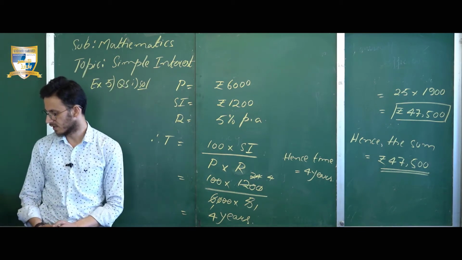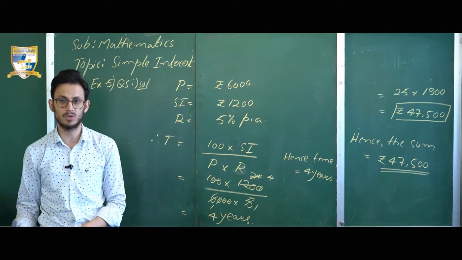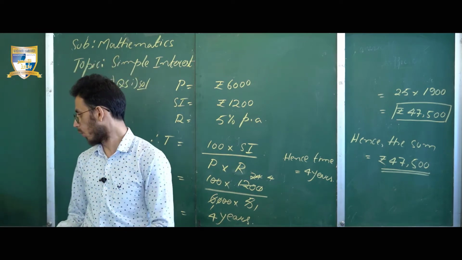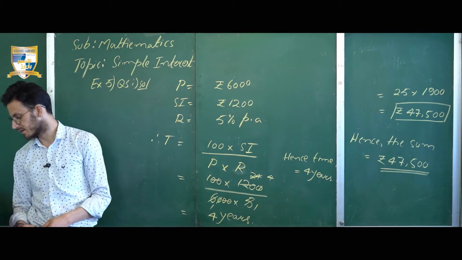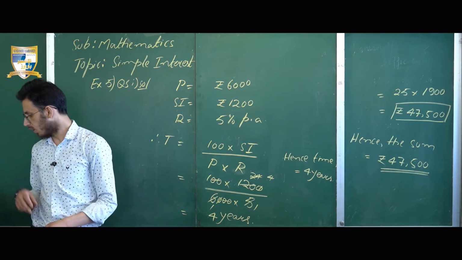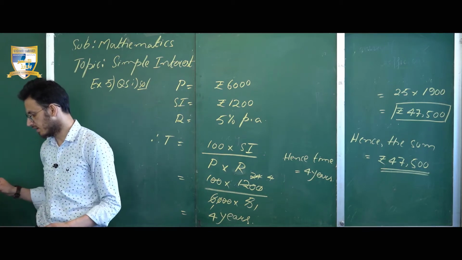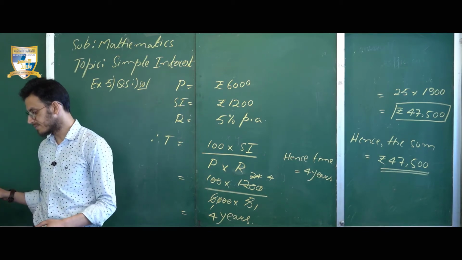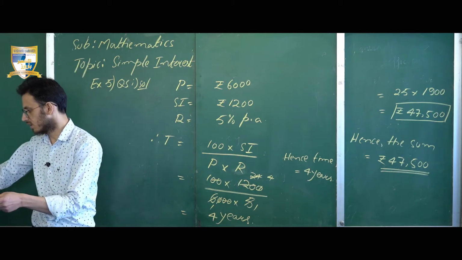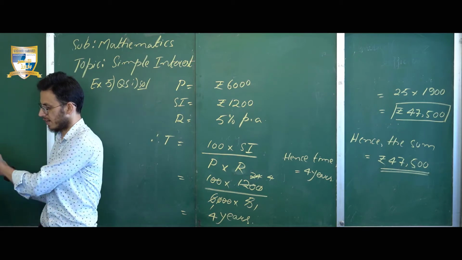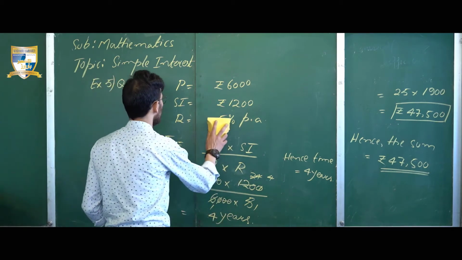In question number 6, now it's asking to find the rate of the simple interest. Now in this question we have to find out the rate of interest. To find out the rate of interest, things should be given like principal, interest and time. And when we check all three, our interest is given, which is equivalent to 600, our principal is given, which is equivalent to 4,000, and our time is given, which is equivalent to 3 years. Now the question is asking for the rate. So here the things which are given are